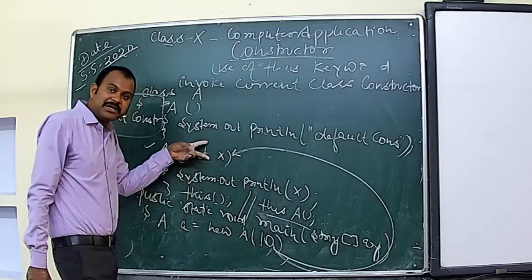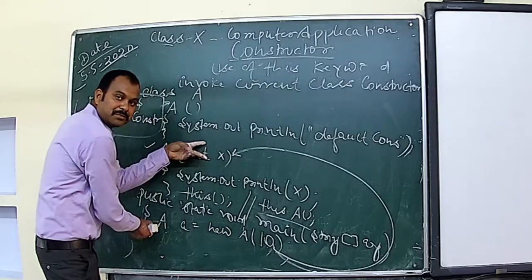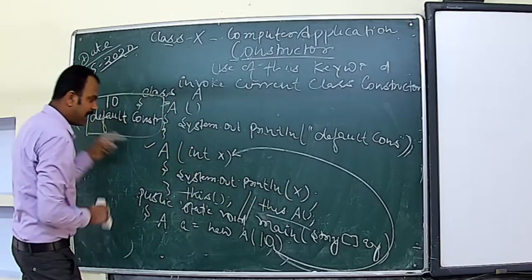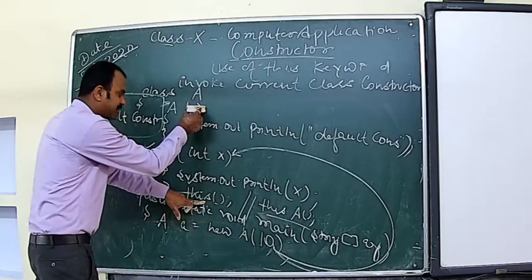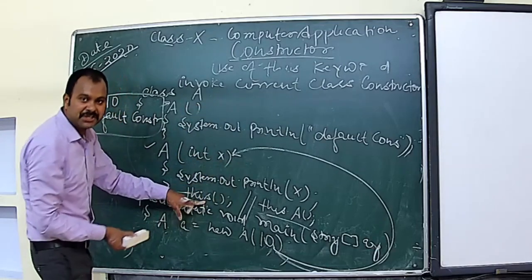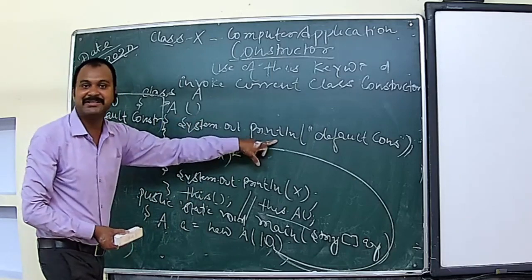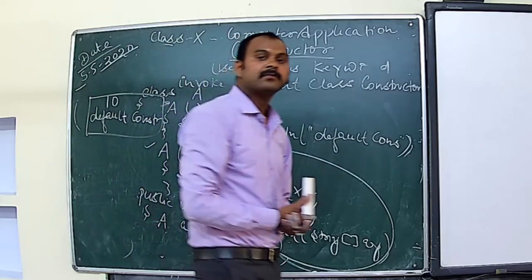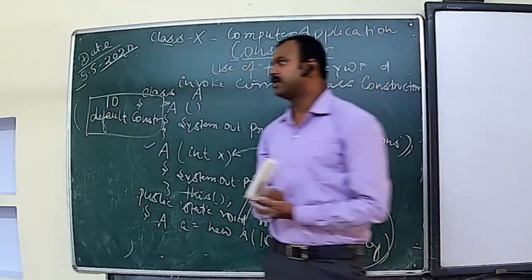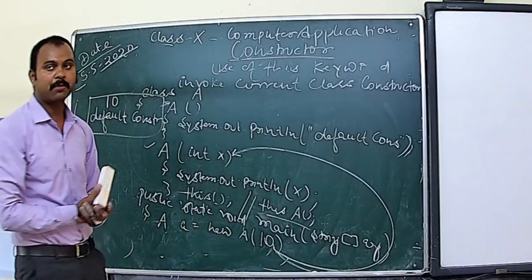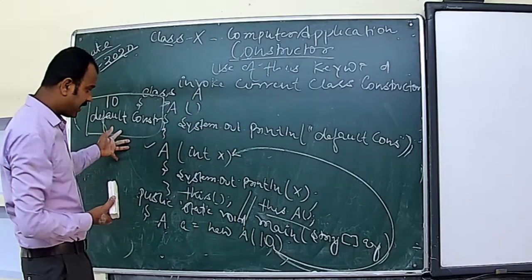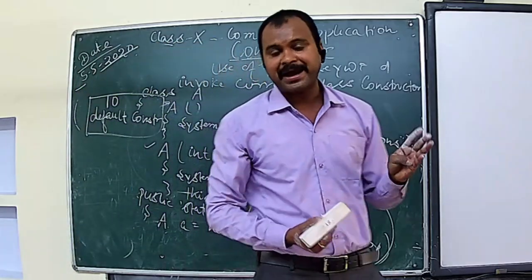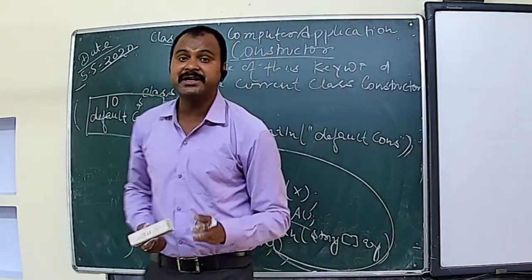So definitely this would be connected with this object creation, and then it will print x. The value of x is 10 here, and since we are calling the current class constructor inside this parameterized constructor, this also would be executed. Clear? So this is how we can call a current class constructor inside a different constructor in our program. This is the way you can call current class methods and current class constructors using this keyword.